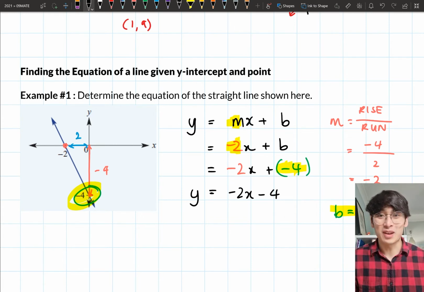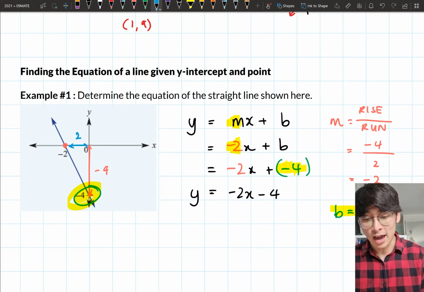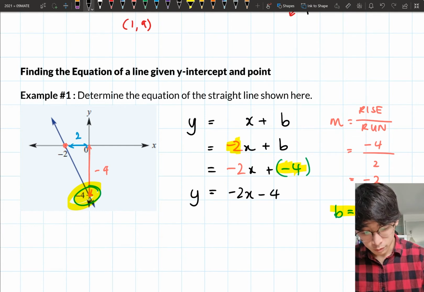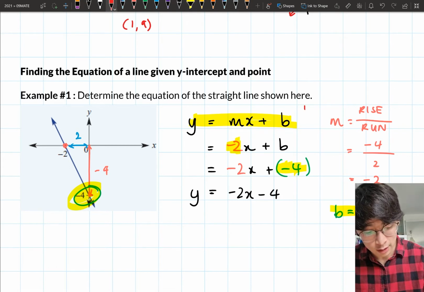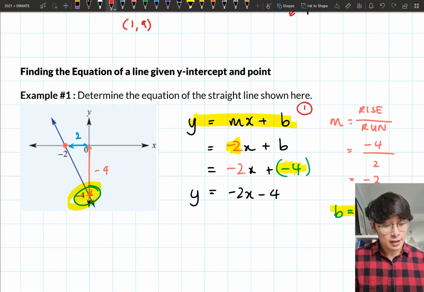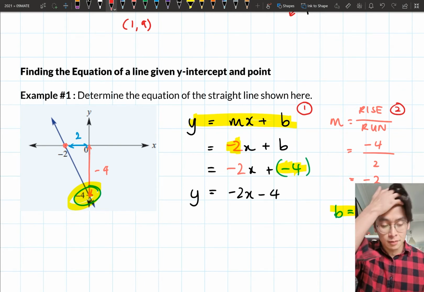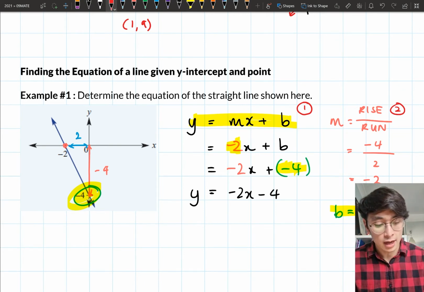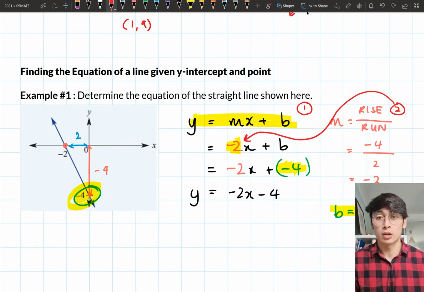Okay, so let's just quickly sum up the steps I did here again. First step, we want to write down the gradient intercept form. y is equal to mx plus b, which is what we did in this first line. Then the second step is we want to find the gradient. Now, if they don't give me the gradient, I need to find it using my rise over run equation. And then once I've done that, I'm going to substitute it into my gradient intercept form,